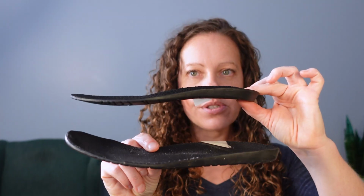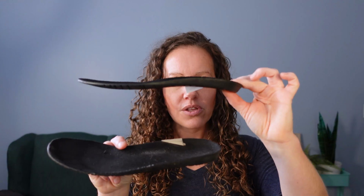Here is the insole, so you can see that it actually shapes to the foot, and it's quite gross and dirty. I did not clean it for you. If I put the two side by side, they are pretty thin. So thin, no arch support. And the actual shoe itself, now that there's no insole in it, if I just push, it feels like